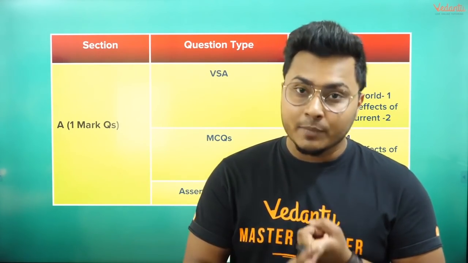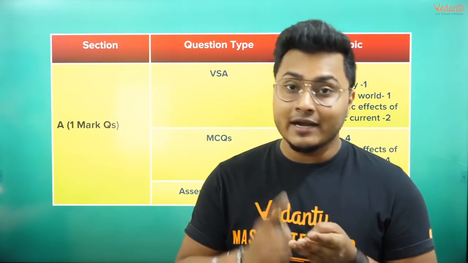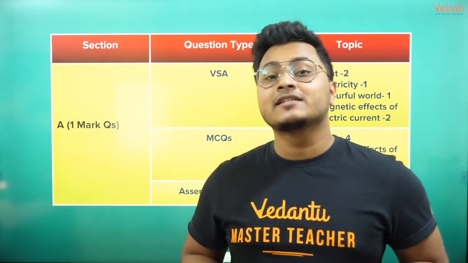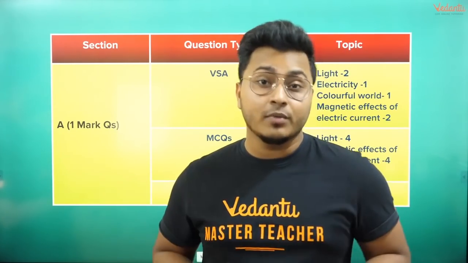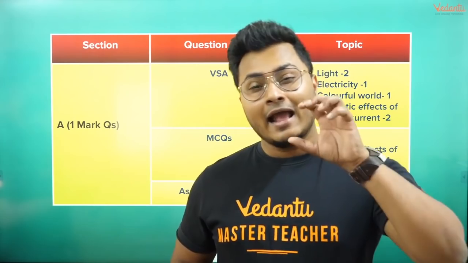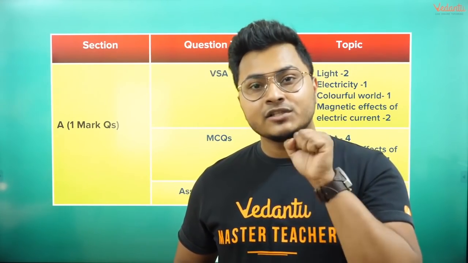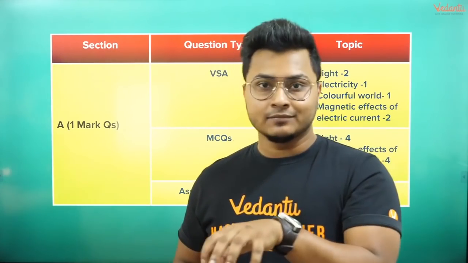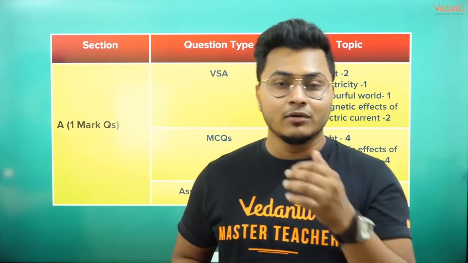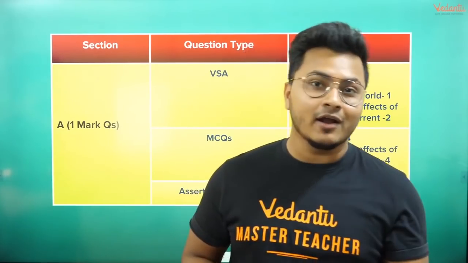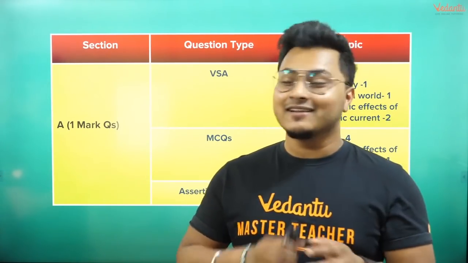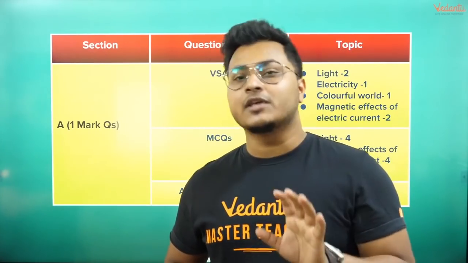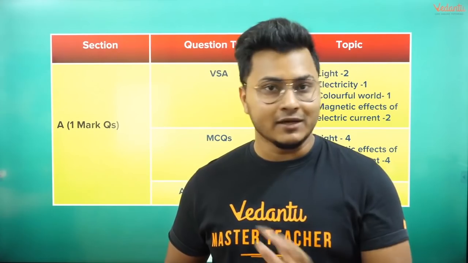Correct. A question can come on electromagnetic induction, on Fleming's left hand rule, right hand rule, Maxwell's right hand thumb rule. Hand rule questions become very important because they can come for 1 mark or even 2 marks. So it's super duper important that you focus on the hand rules and all the terms here. Magnetic effects is a chapter which has the most number of terms. For example, all the rules as well as all the topics: clockwise rule, right hand thumb rule, all the hand rules, electromagnetic induction, force on a conductor, magnetic field lines. It's very important that you focus on those terms and know very clearly what those terms are. How will that happen? Just read the chapter. That's all.